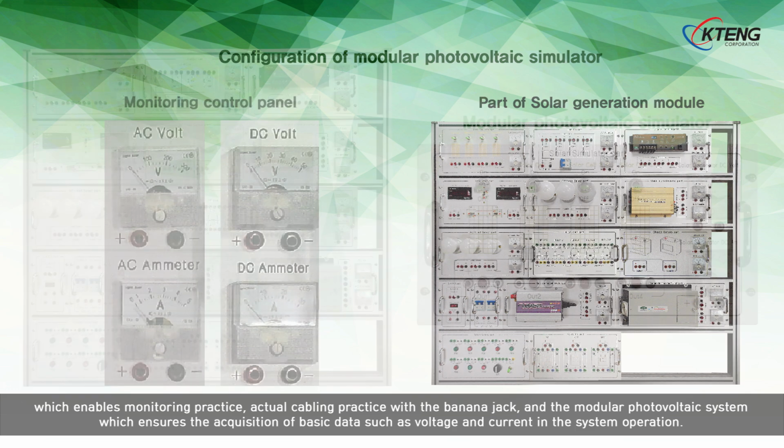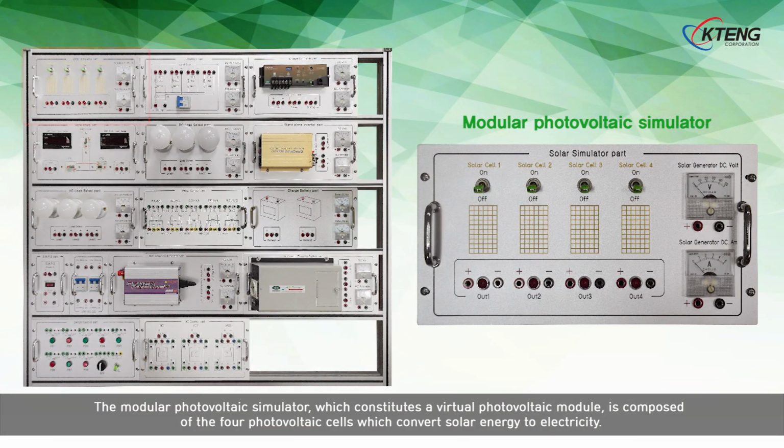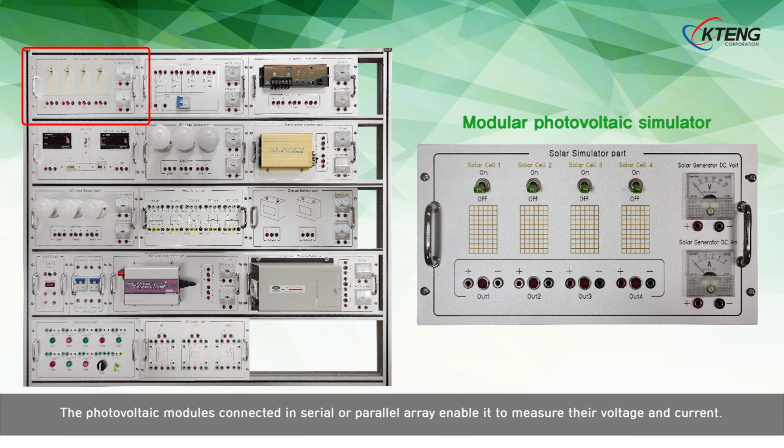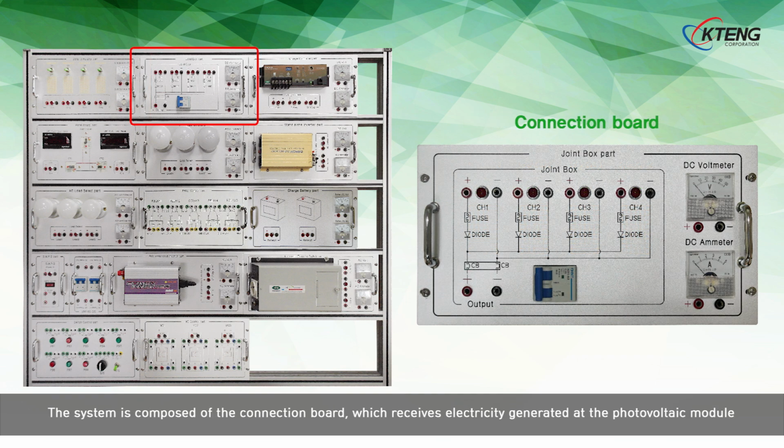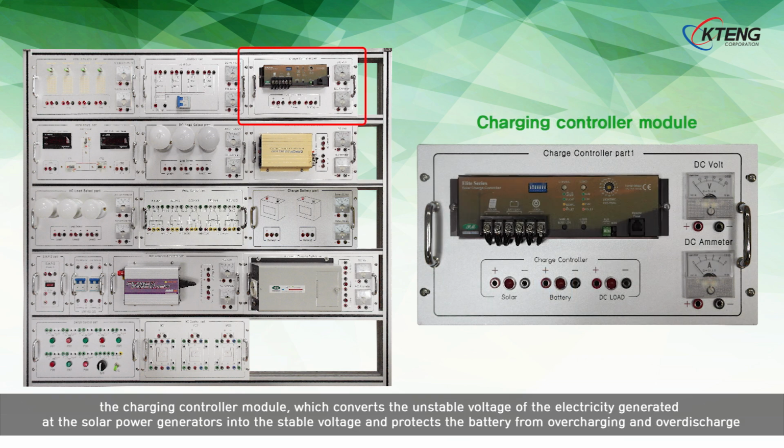The modular photovoltaic simulator, which constitutes a virtual photovoltaic module, is composed of 4 photovoltaic cells which convert solar energy to electricity. The photovoltaic modules connected in serial or parallel array enable it to measure their voltage and current. The system is composed of the connection board, which receives electricity generated at the photovoltaic module,